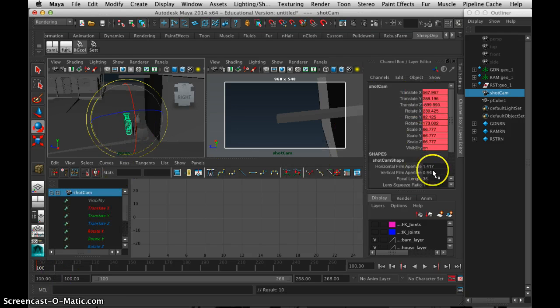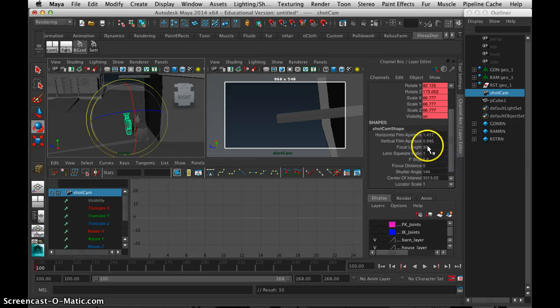And the other thing that I want to do is I want to mess around with the focal length. Now I need to make this a fairly wide shot. If you want to think about a wide angle lens being like 8 millimeters and a kind of a narrower angle being like a 200 millimeter, that'll kind of give you an idea of where you want to work. So I usually kind of keep my constraints between 8 and 2